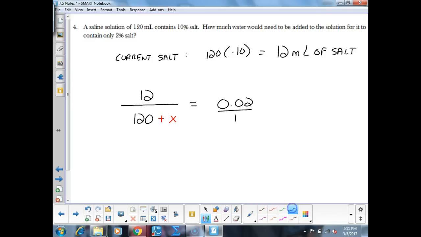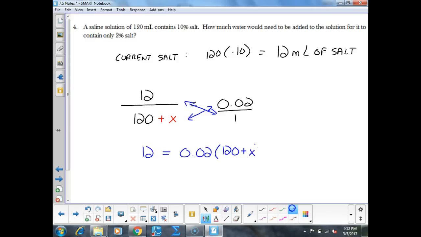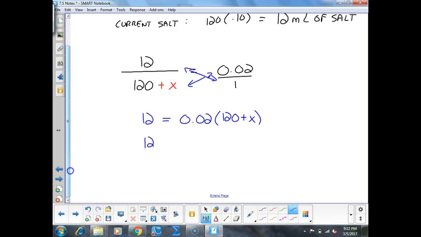That's over 1. Crisscross makes you want to jump. Okay? 12 there. And then 0.02 times 120 plus x will give me 12 equals 2.4 plus 0.02x,